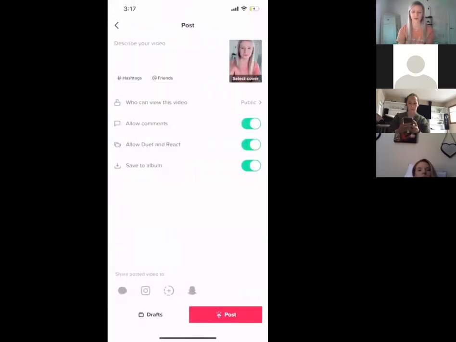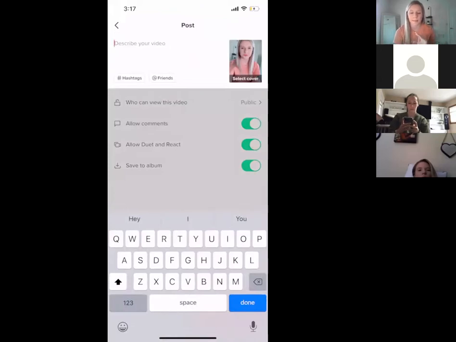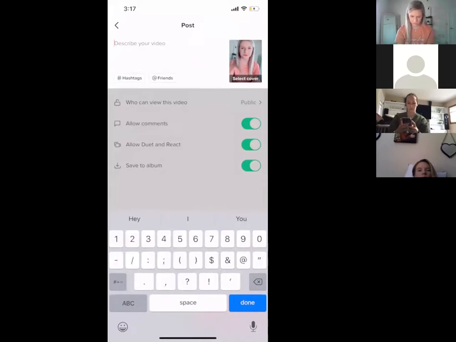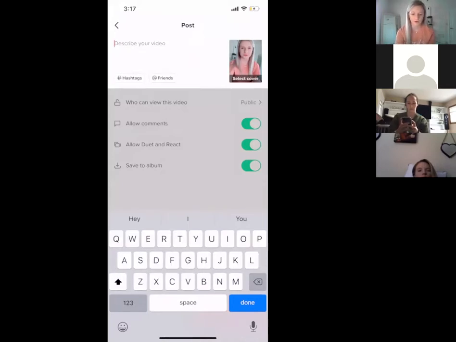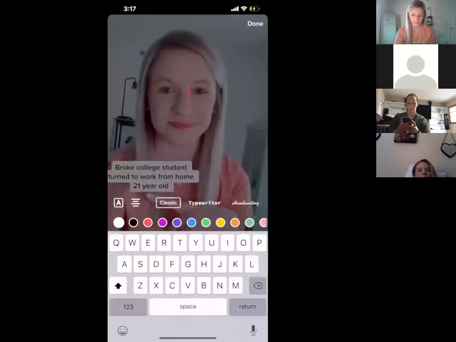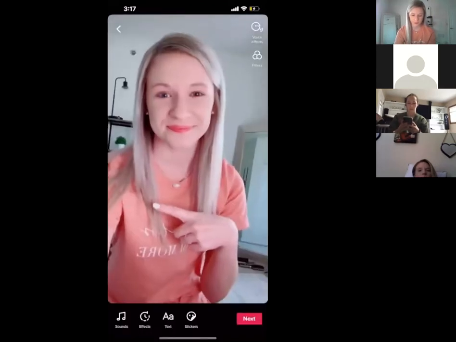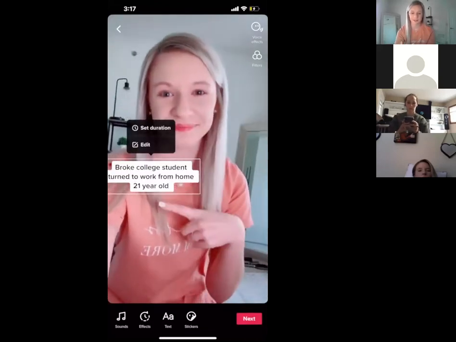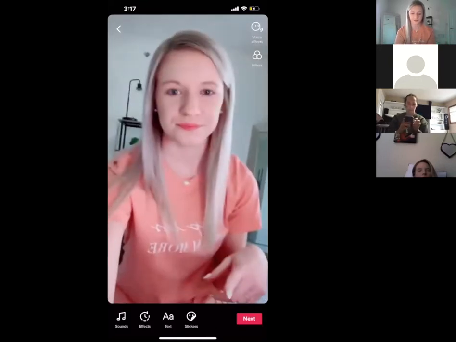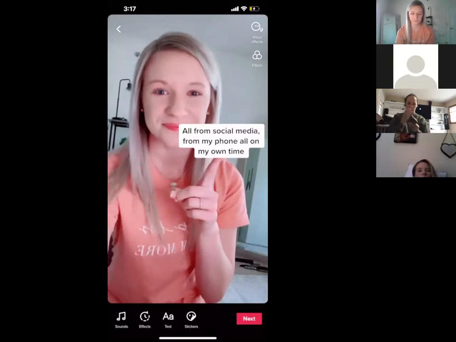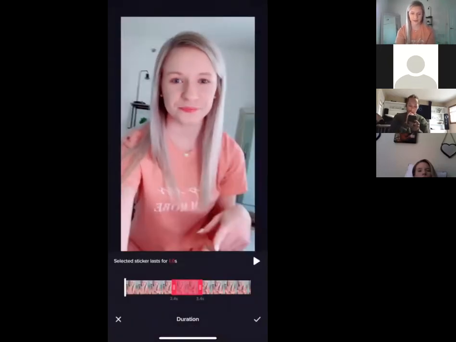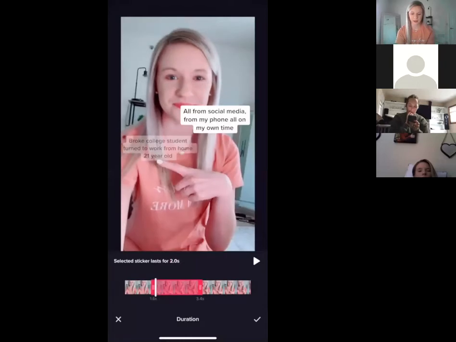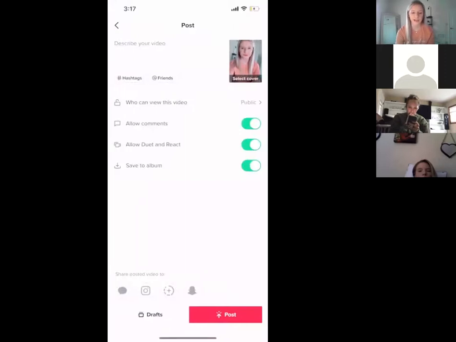Okay, and here's one of the important parts. So obviously your video is important, but when you go to post it, the duration. Okay, let me wait till one of them pops up again and I'll show you. If you click on the text that you just put up there, and then click set duration, that's where you change the red bar down here, which is how long it's on there. So you can change that. And then you're going to click next.